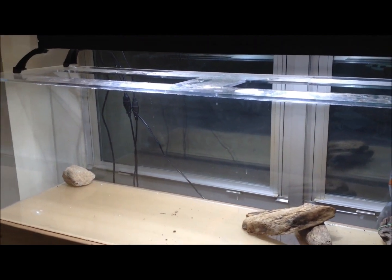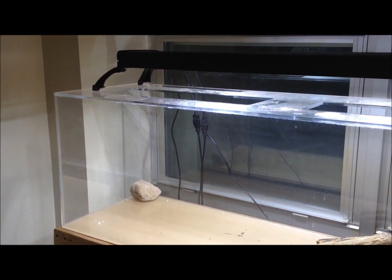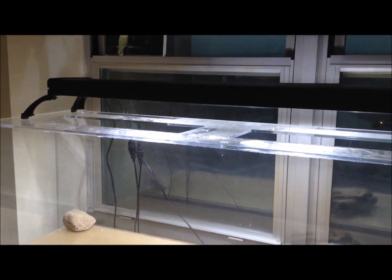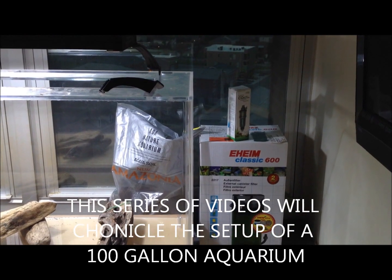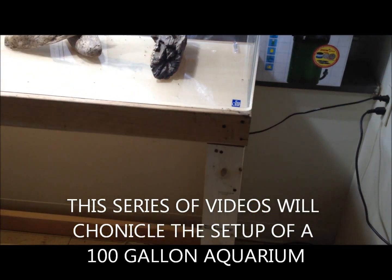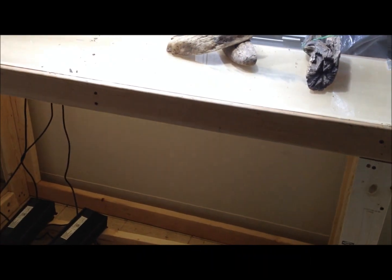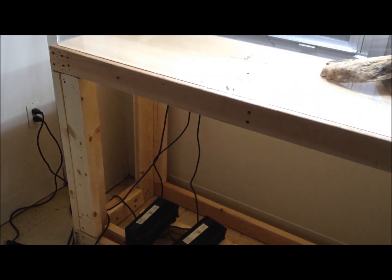Hi YouTubers, as promised, this is my 100-gallon acrylic aquarium that I'm currently outfitting. I've had the tank since December. This is now February, so actually the tank itself, the cabinet's being built, and I was testing the